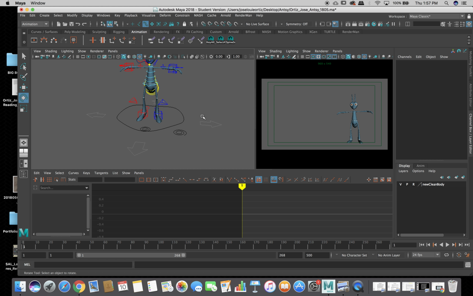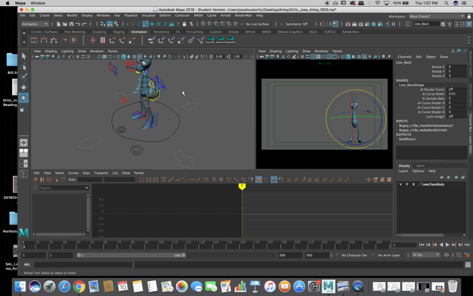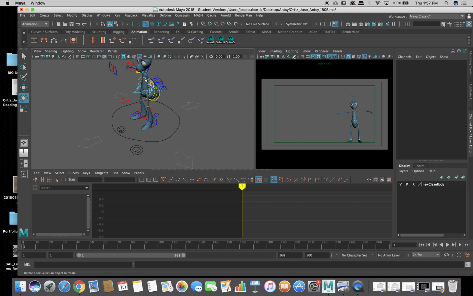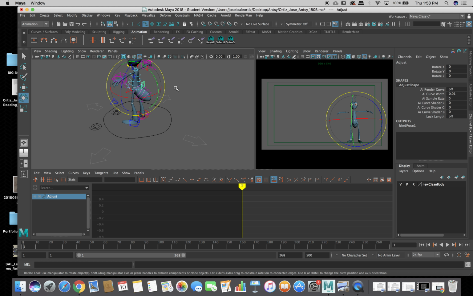Okay. So there is this curve that goes around the hips or around the waist. That's the COG or car or hips. This is for doing the main body rotations in the hips. So by pressing E, you can do the Z rotation